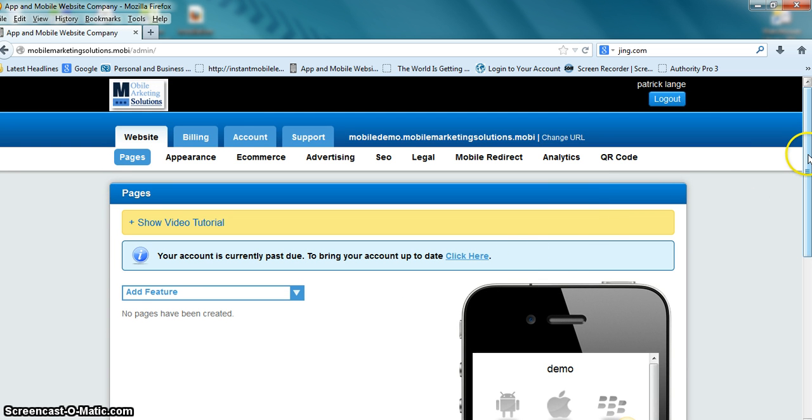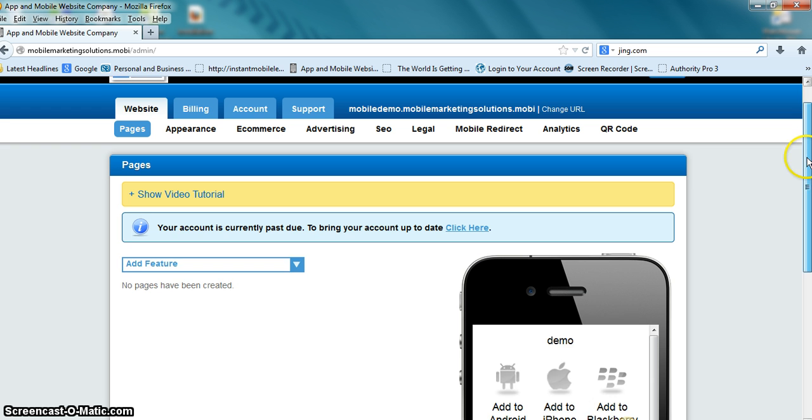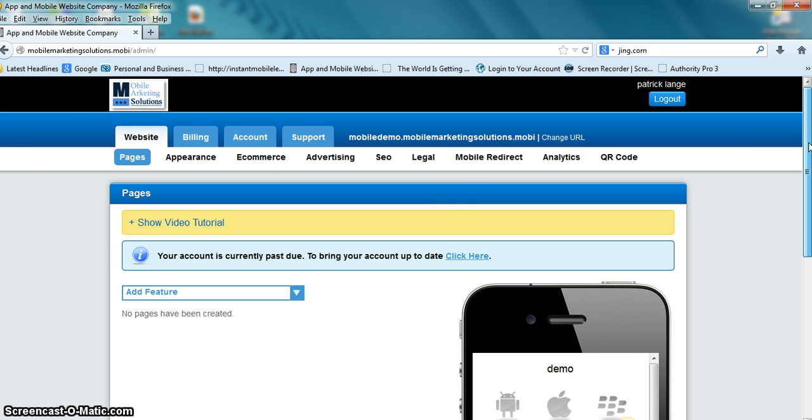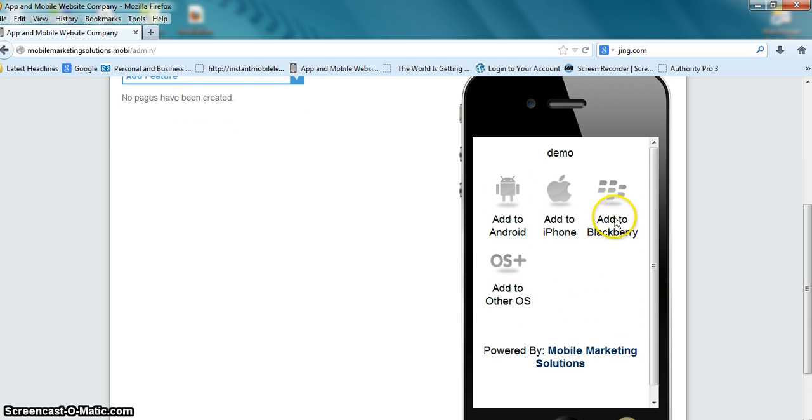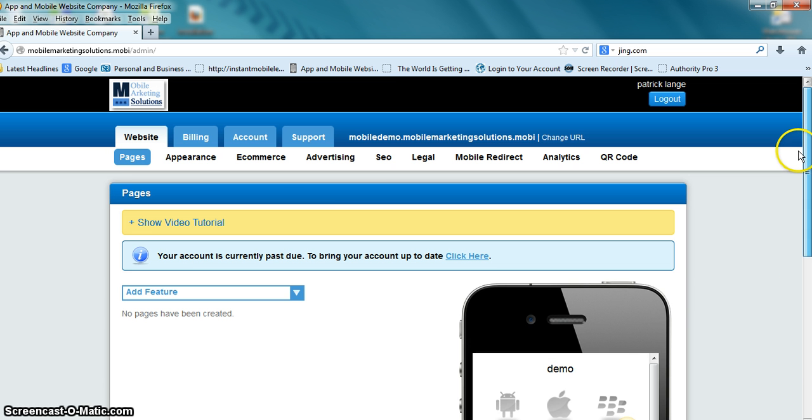Once you log in, it takes you to your back office interface, and we'll go over some of these tabs here. What you'll see is a mock-up of a cell phone on the right part of the screen. As you make changes or add to your mobile website, it will show you what it looks like in real time. But let's go up here at the top of the page and